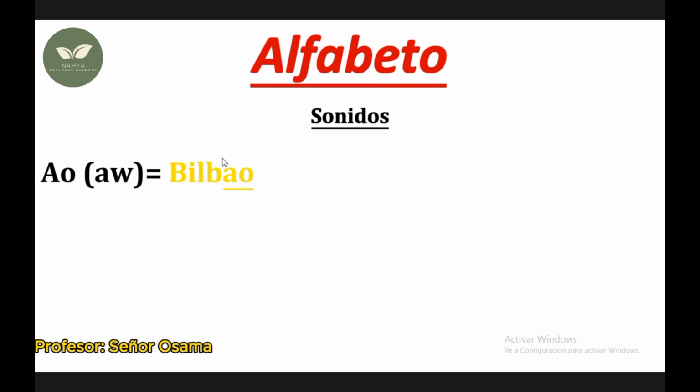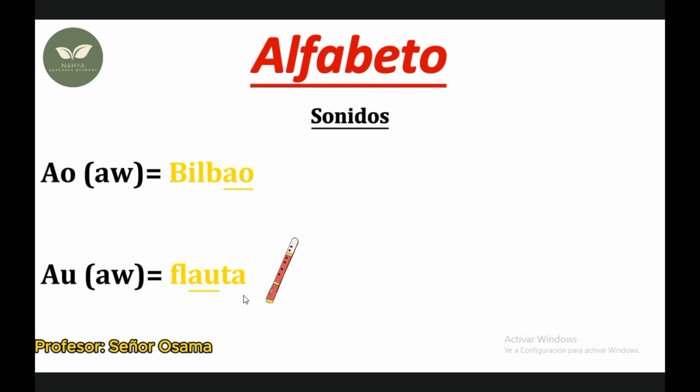It's in the north. Okay, Bilbao. So the next one is, here we have also ow, but here we should close our mouth a little bit. Okay, so here we have ow, and in the example of flauta. Okay, flauta, which means flute. Okay, a flute is an instrument for